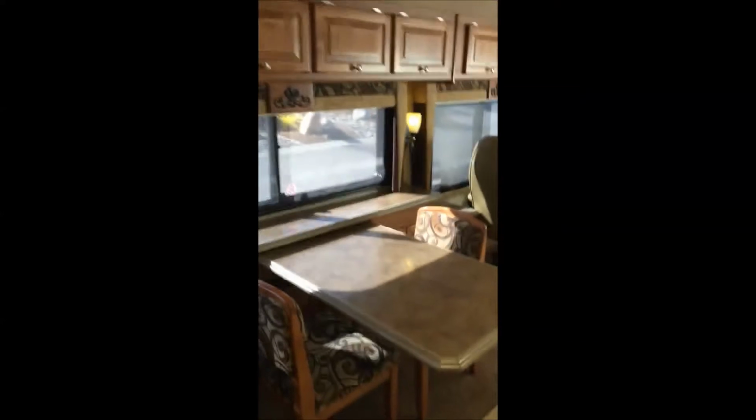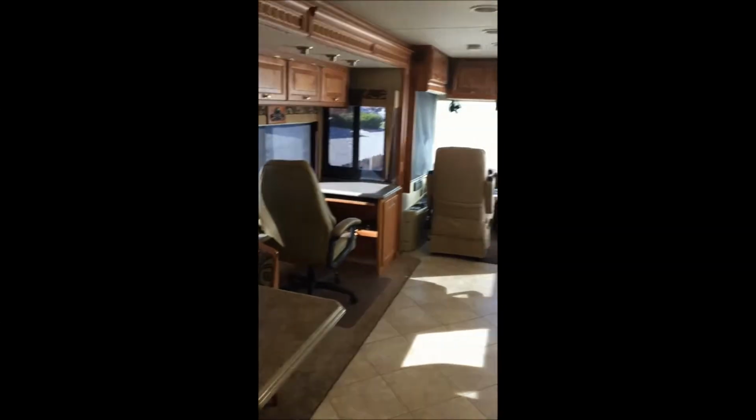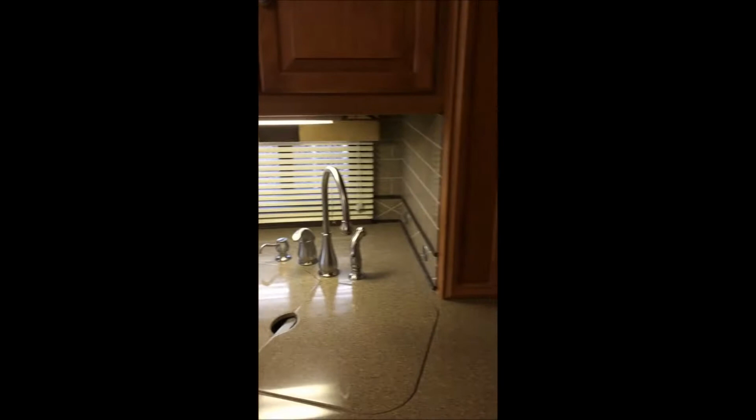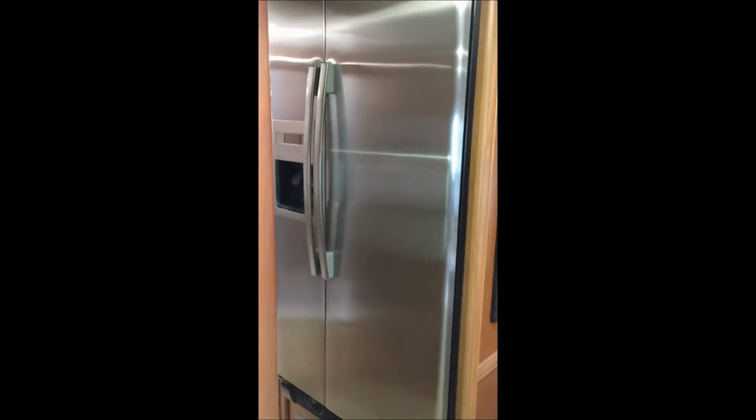Okay, now I'm towards the rear of the main salon. I'm just going to do a panorama so you see what the front looks like. Around this way, kitchen sink. I'll remove the tops in a minute. But I did want to show the residential refrigerator. So here's a full picture, and then